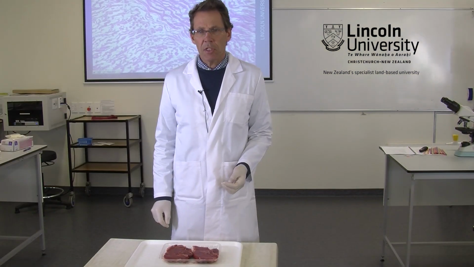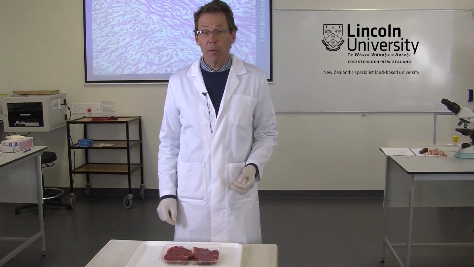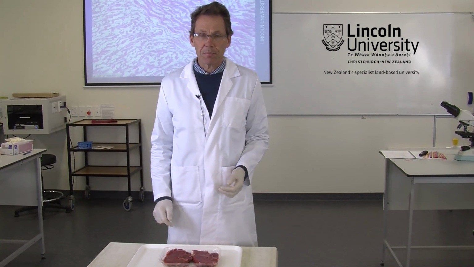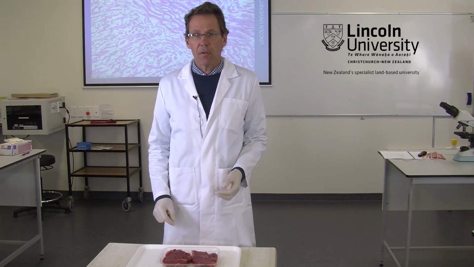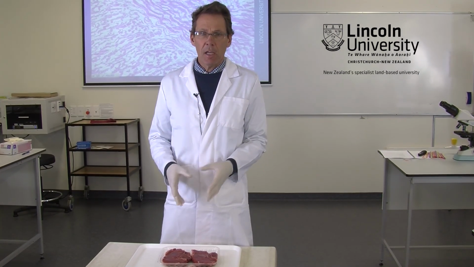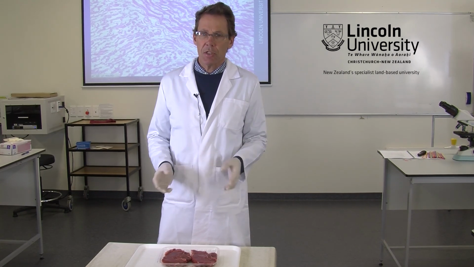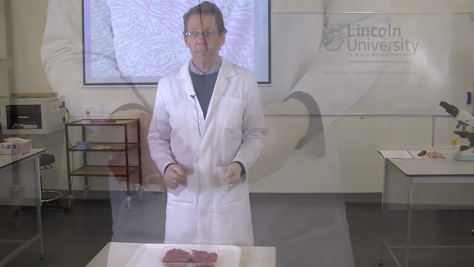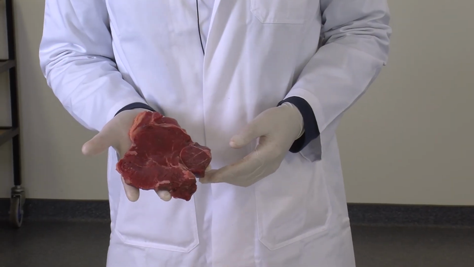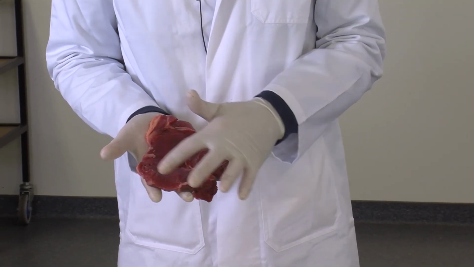So here I've got some skeletal muscle that you will be a lot more familiar with. This is a couple of steaks of beef from the supermarket. But here we can see a lot of the same structures that we're talking about on a much smaller scale in the tongue. So if we look at this steak a bit closer, we can see you've got different blocks